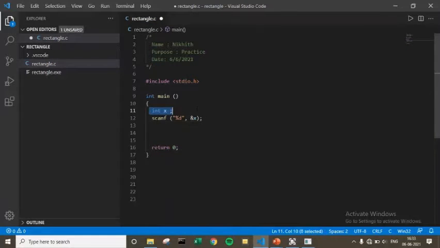You might not understand what this x is and what this format specifier is, why we are using this, and what this ampersand is, etc. Don't worry guys, let's just build it.